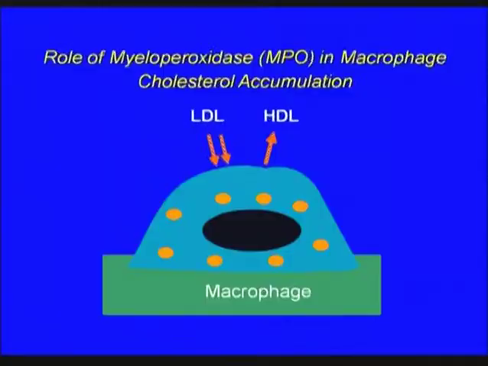Okay, so just to summarize the story so far, what we would argue is that myeloperoxidase, which is actually secreted by the macrophages themselves, can oxidize LDL, and this causes it to bind to the scavenger receptors and deliver cholesterol. And in parallel, it blocks the ability of HDL to remove cholesterol from the cells. And this kind of double whammy plays a key role in promoting macrophage foam cell formation in the artery wall. Okay, so the traditional notion then